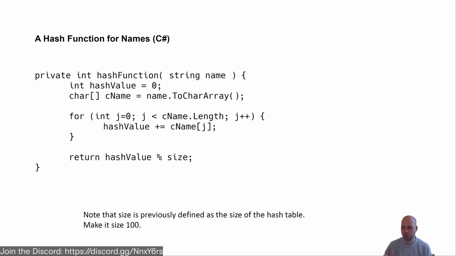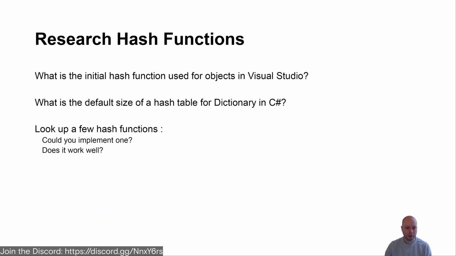ultimately, even something like this will work most of the time. And that's, I think, the key here: you don't need to have perfect in hash function land. You just need to have it work most of the time, right? And if it's not good enough, you'll know very quickly, right? So in this case, size is an externally defined variable. In this case, say size is equal to 100, and now we can essentially map any string to the 100 values of our hash table. So the